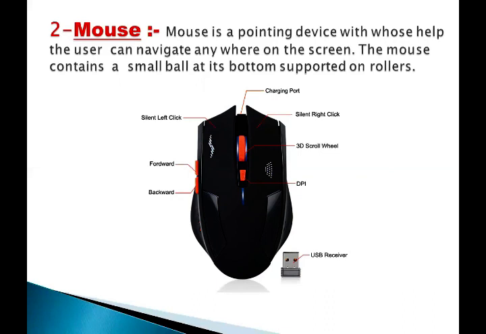When you move the mouse on a flat surface, the cursor in the shape of an arrow, line, or picture starts moving around the screen. This action is called pointing. After selecting the desired option, press the left button to enter a command into the computer. This action is called clicking.